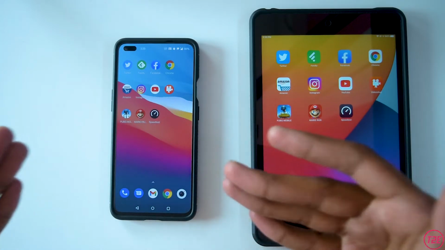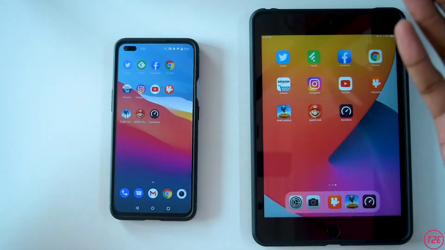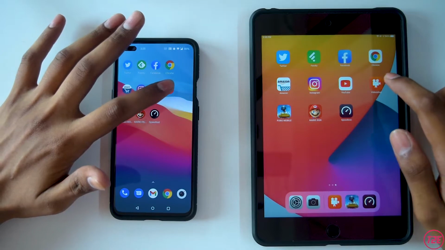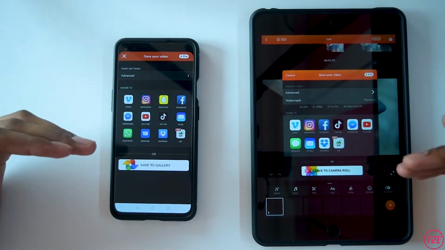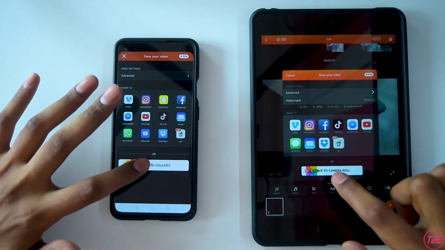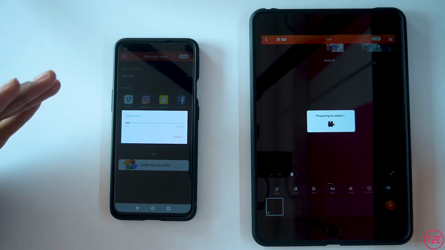This specific one, I've got the 8 GB RAM variant, and it is doing pretty good, other than the Amazon Shopping app which we saw. So finally, guys, ending up the speed test, I would like to quickly export a video and see which processor has more raw power. So I will just quickly click on save to gallery here, and it will start exporting